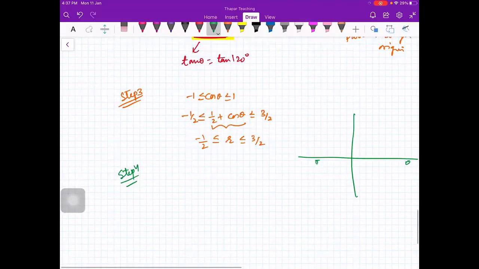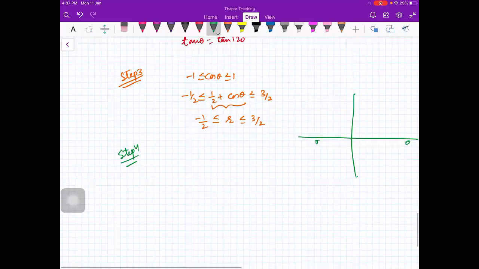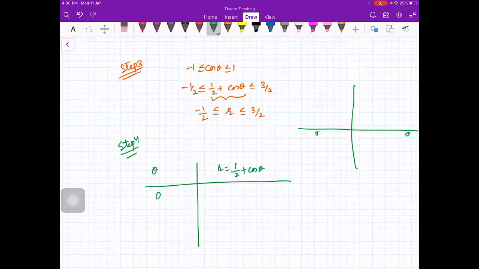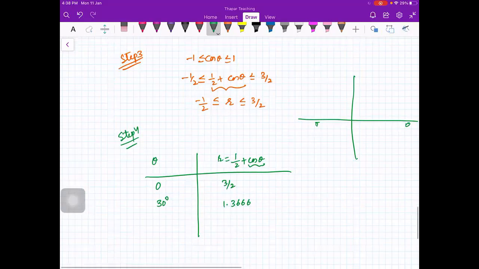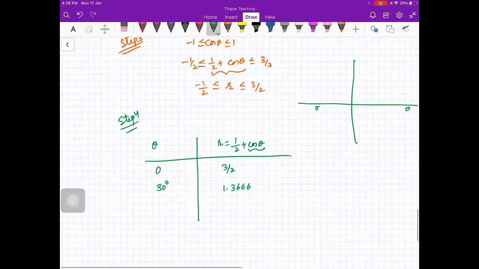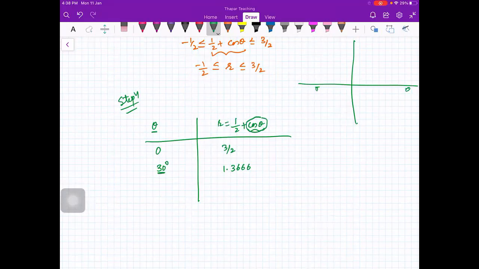So I have taken here theta and the corresponding value of r, which is 1 by 2 plus cos theta. I have taken theta 0 degrees, so I got 3 by 2 because cos 0 is 1. I took theta equal to 30 degrees, so you can do the calculation, beta: 1.366. This you have to do on a calculator. So make sure that if you are taking theta in degrees, then your calculator should be set in degrees. Otherwise, in radians, if you are taking radians, you will take pi by 6. So this is radians, this is the corresponding degrees.